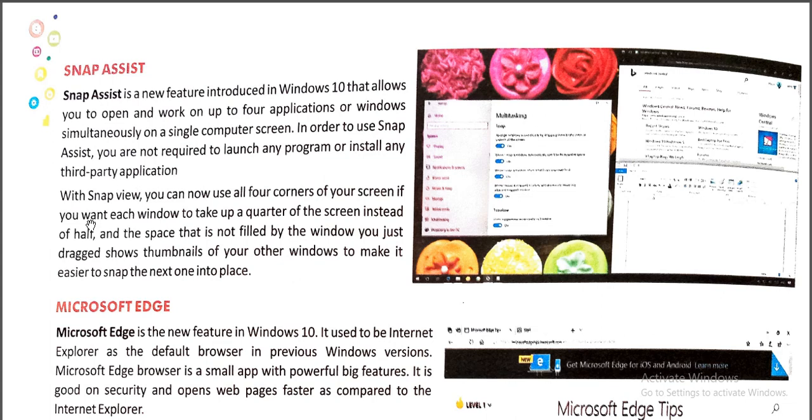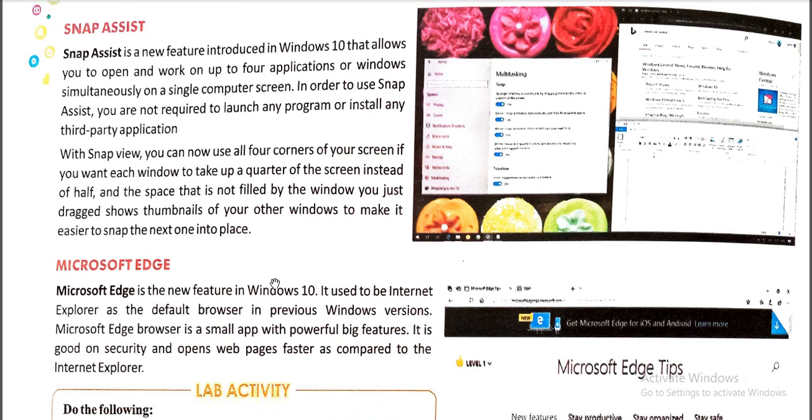With Snap Assist, you can now use all 4 corners of your screen. If you want each window to take up a quarter of the screen instead of half, and the space that is not filled by the window, you just drag those thumbnails of your other windows to make it easier to snap the next one into place.